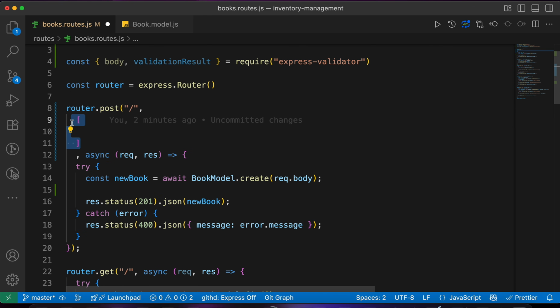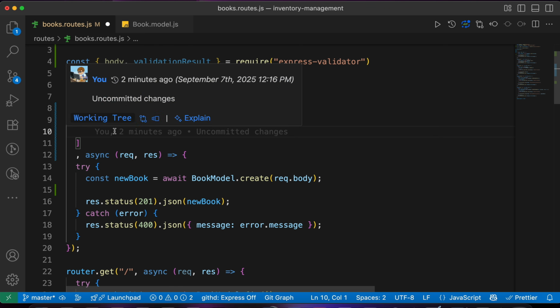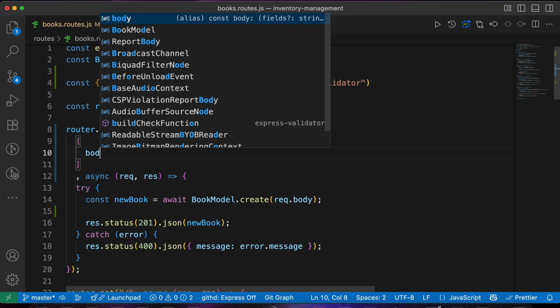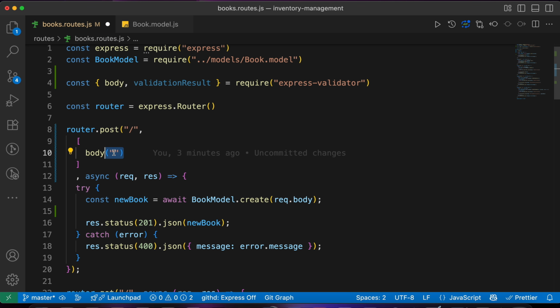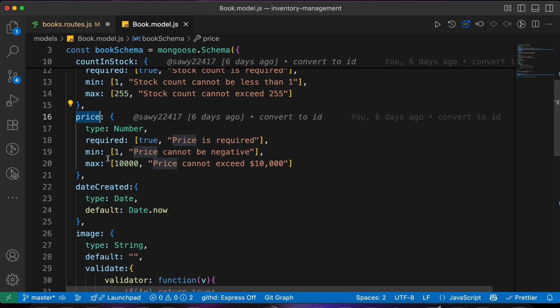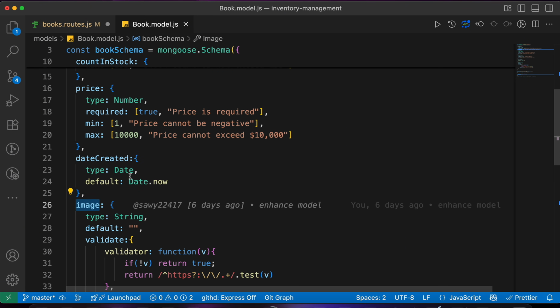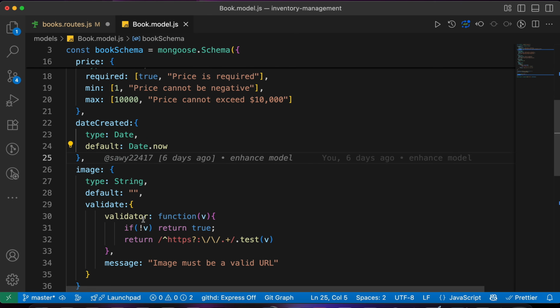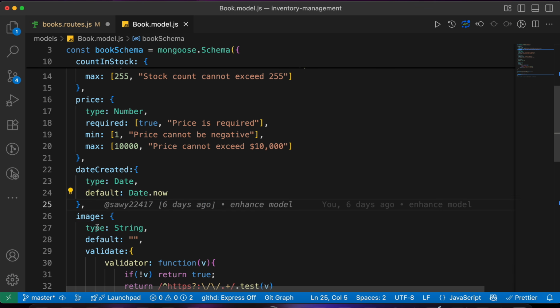This array is going to be an array of Express Validator middleware functions that validate the request body when we create a new book. Here we're going to use our body that we imported from this library. So body, then add the keys of your book schema. If you open the book model, you're going to find book name, count in stock, price, date created, and image. We're not going to add validation to date created because it will refer to the date of now, but we're going to add the validation for those 4 keys: